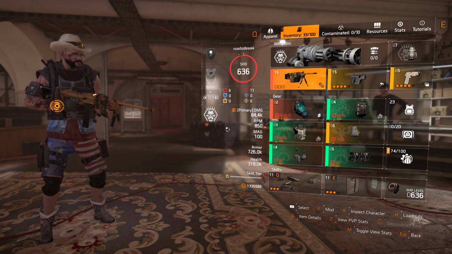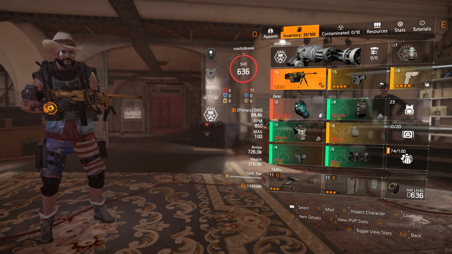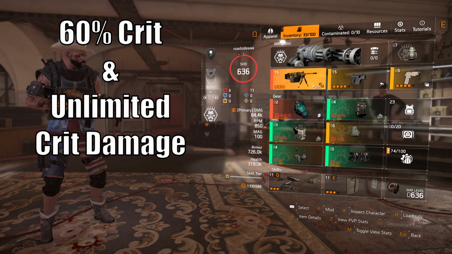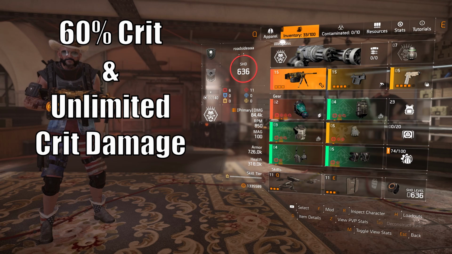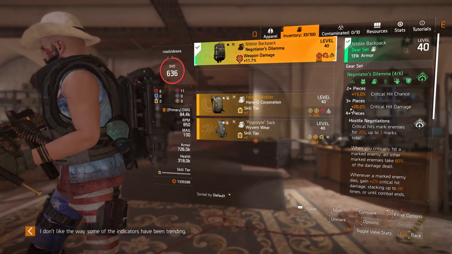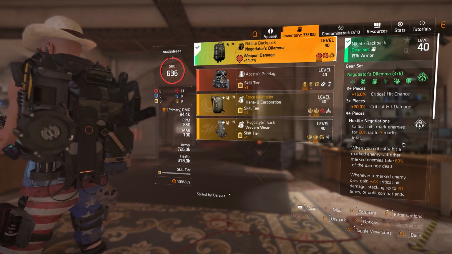So let's get right to it. From the top, we want to shoot for a 60% crit chance and as much crit hit damage as possible. The reason for this is the Negotiator gear set is completely focused on critting as much as possible. The main talent of this gear is hostile negotiations, and in short, whenever you shoot an enemy and you